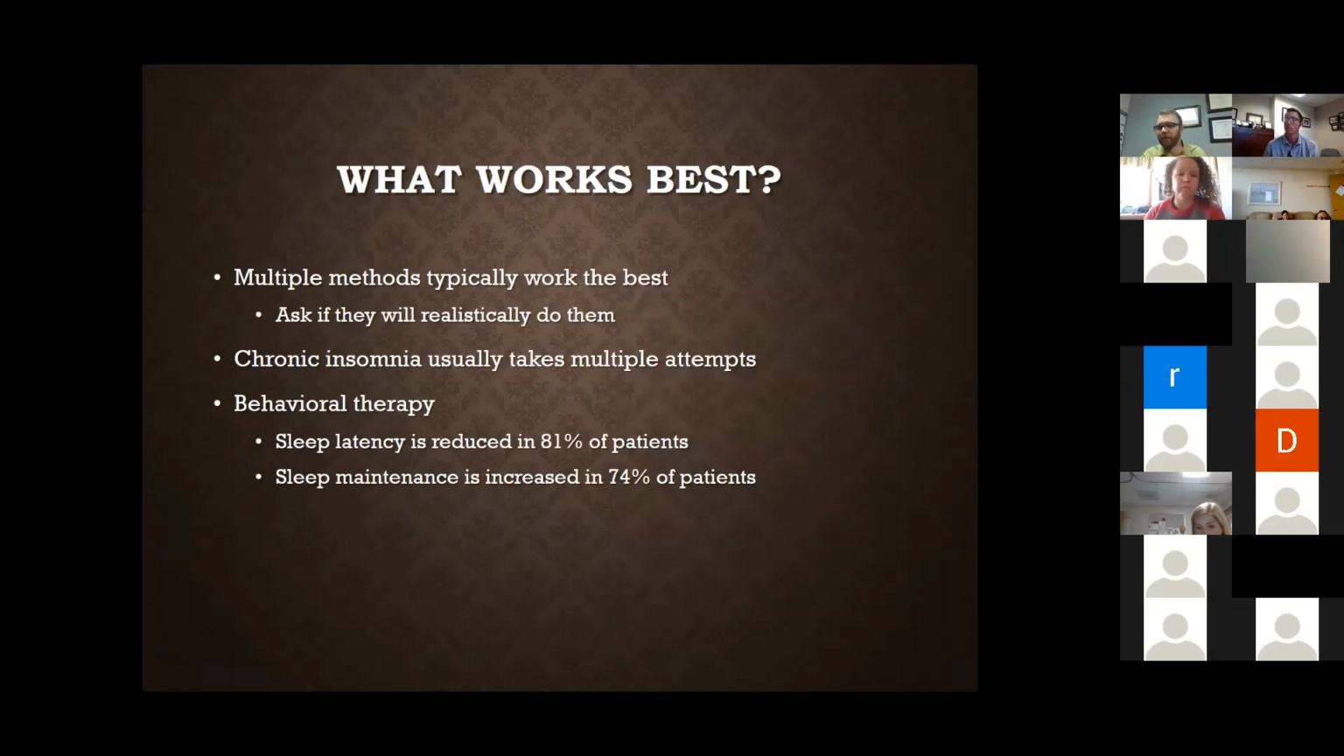Everything I've talked about is very evidence-based. There's tons in the behavioral health handbook, in the toolbox that we have, there's tons and tons of things we can do. What works best though is the thing that the patient will do. So what you always want to ask is, realistically, are you going to do this homework? If you're asking them not to take any naps, you want to ask, realistically, are you going to do that? And if they say no, and in my